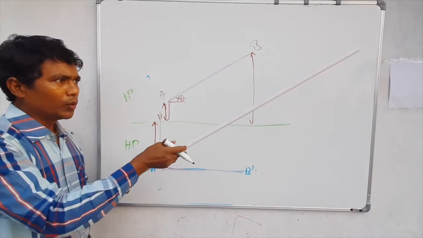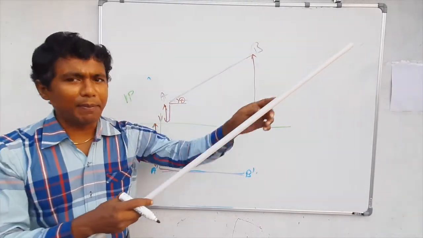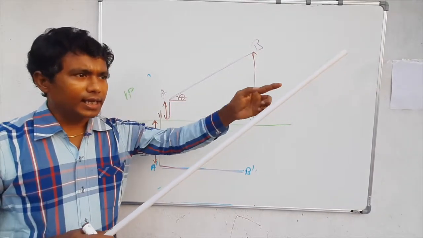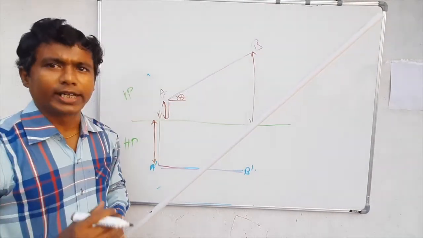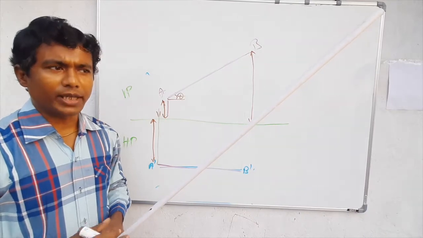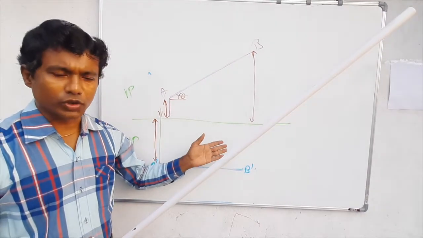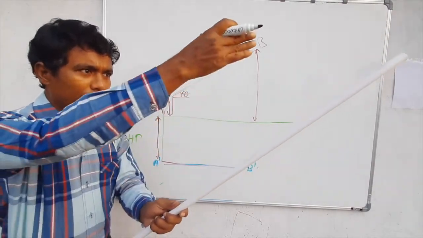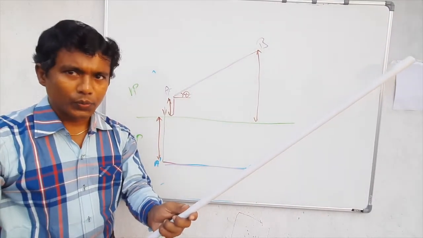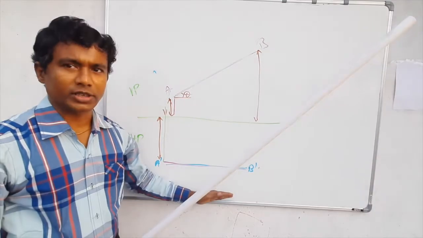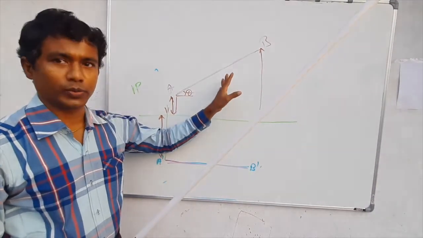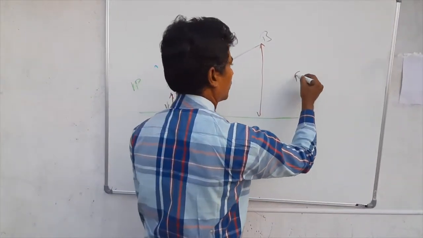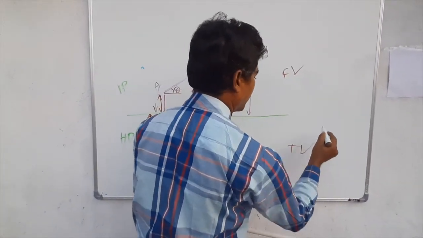Now in the top view, you are not getting the same length. Rather, in the top view shadow, you will notice the length of the shadow will decrease. After decreasing also, one feature you can notice easily, that whatever shadow you are getting on the top view, that is parallel to reference line, unlike this front view. This is the front view, and here it is the top view.